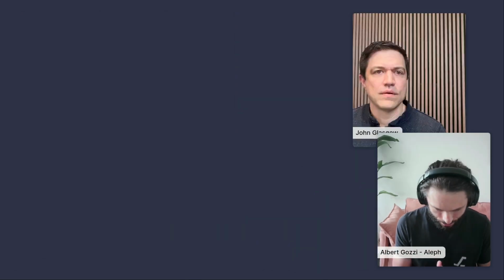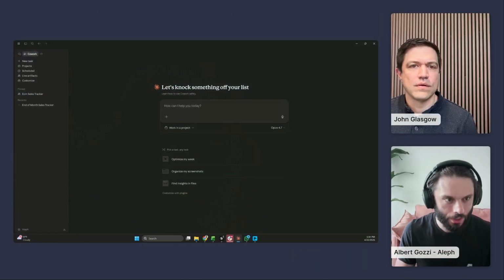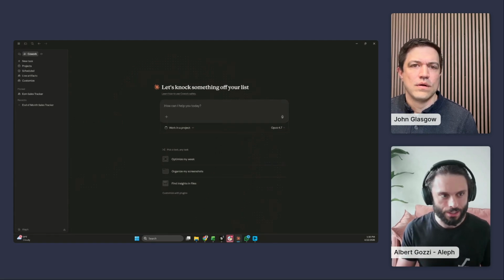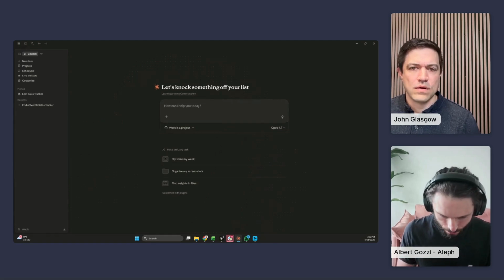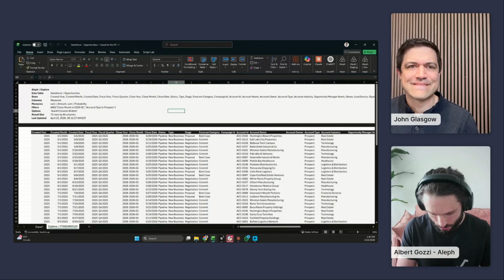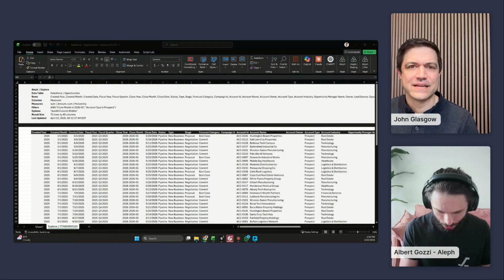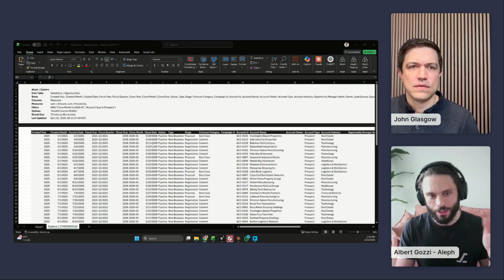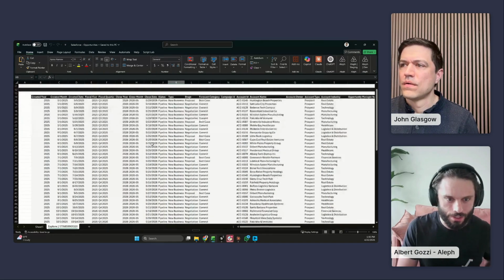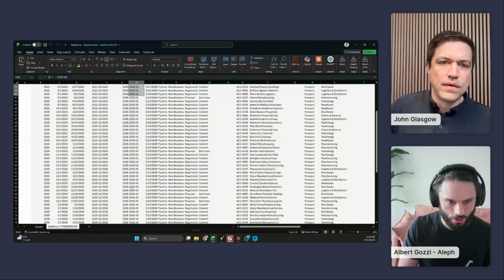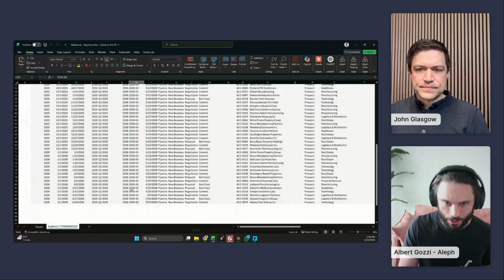All right, so let me share my screen. We're going to start with something a little bit simpler. We have a data dump that, learning from before, I'm also going to paste in the chat right now. This is an Aleph download into Excel. It doesn't matter, but it's a number of open opportunities that are set to close in May, so next month.